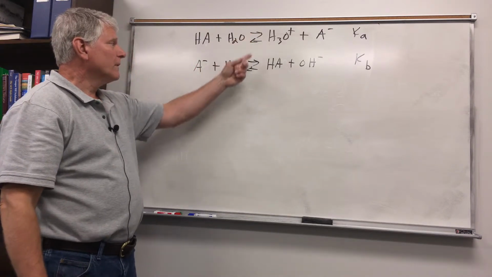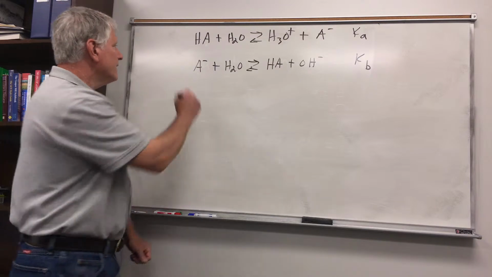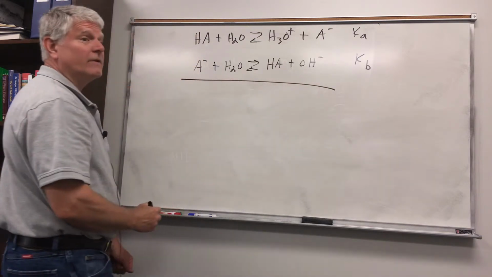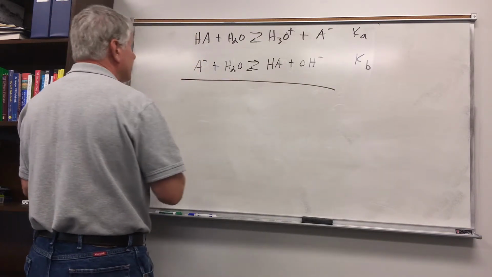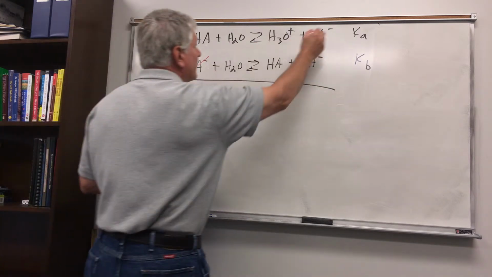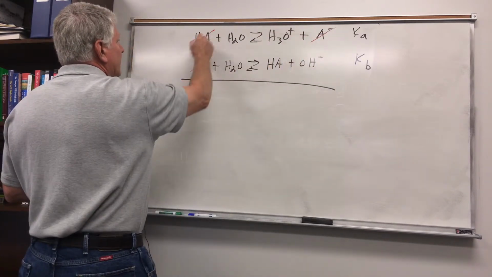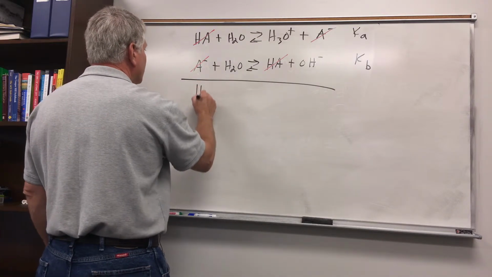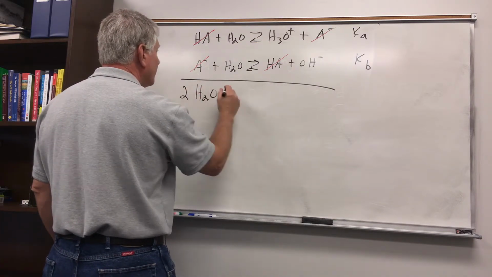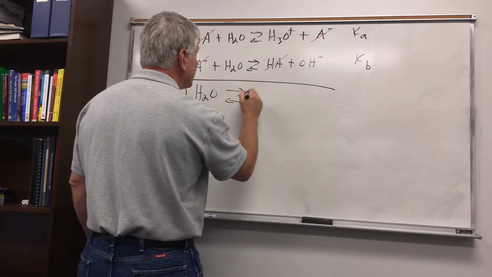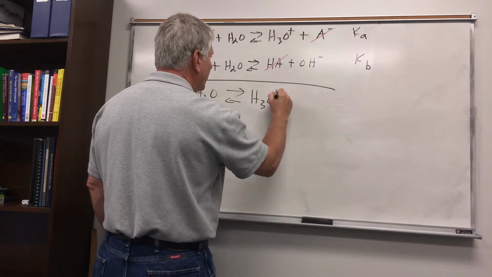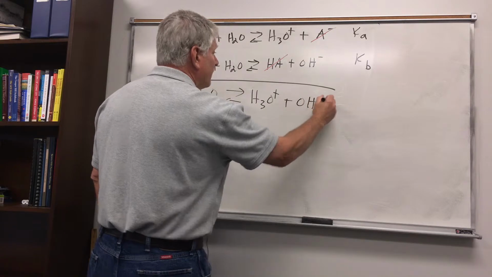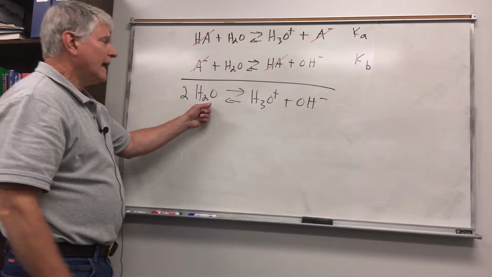So it has an equilibrium, and if we added these two reactions together, you can see that A minus will cancel, HA will cancel, and we will just get 2H2O giving H3O plus and OH minus. This is the KW